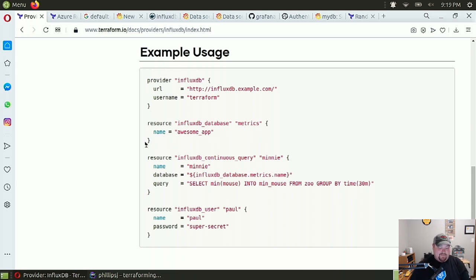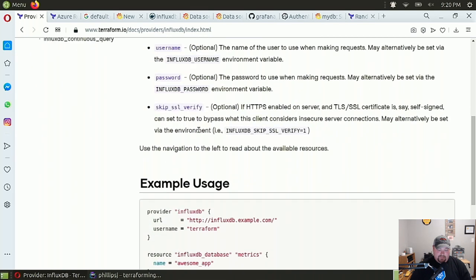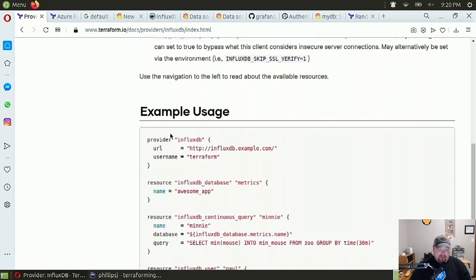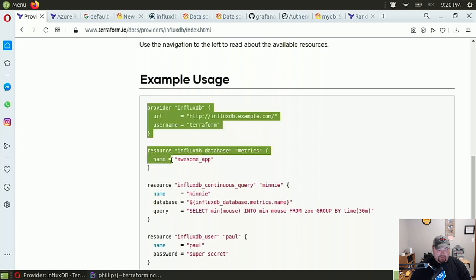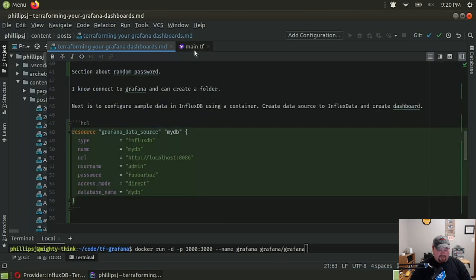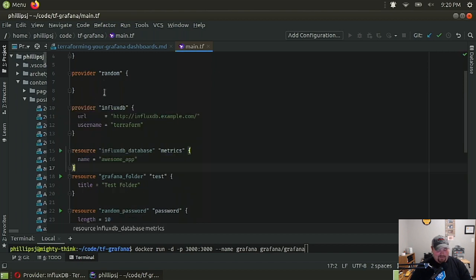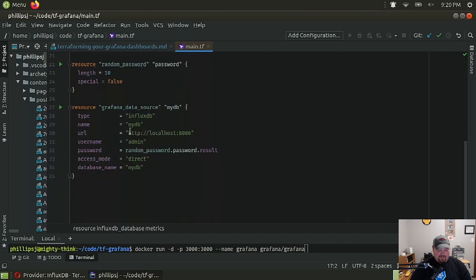Okay, hey, you know what? Username's optional, right here. Username optional. So there you go. So you don't even have to have username and password. You can skip SSL. Okay, so this should be simple. So heck, for giggles here, let's do this. You got me all ramped up now. Like I should have done this from the start. Okay, so